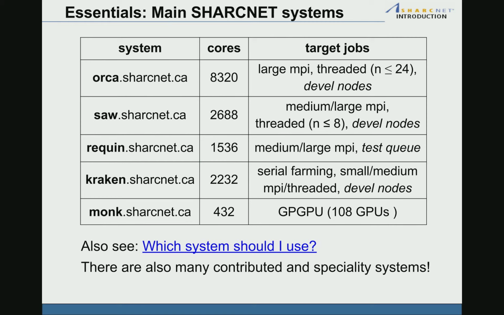So, some of the essentials in terms of the compute systems. We'll just go over a few of the systems. There are several more that you can find on the systems page of the portal. Orca is one of our popular systems. It has many cores, over 8,000, and its target jobs are large MPI and threaded, typically under 24,